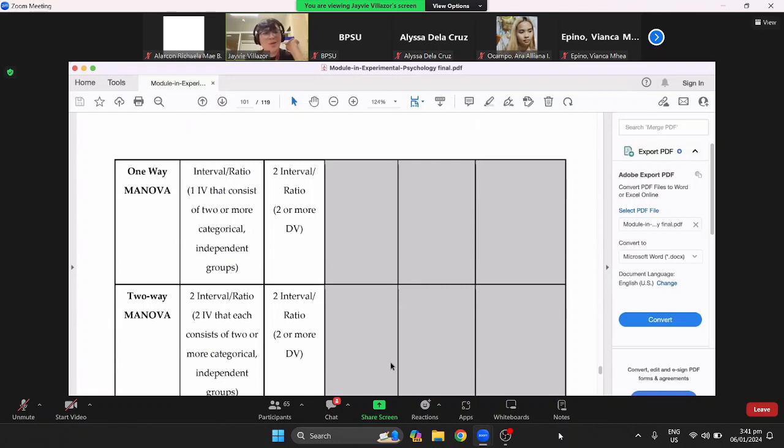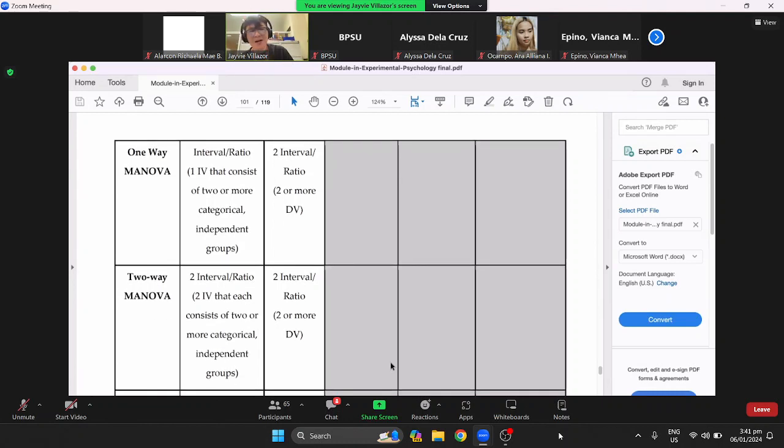Ayan. Next naman is we have the one-way MANOVA. Okay. Ito si one-way MANOVA, no? Ang ANOVA, analysis of variance. Okay? So usually, ang ina-analyze mo lang yung dependent variable mo kasi di ba ang dependent variable mo sa analysis of variance isa. Pero here, pag sinabi nating MANOVA, multiple analysis of variance kasi usually okay? Kasi here, ang